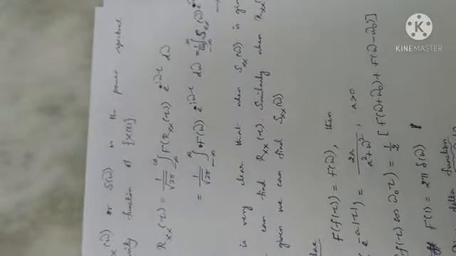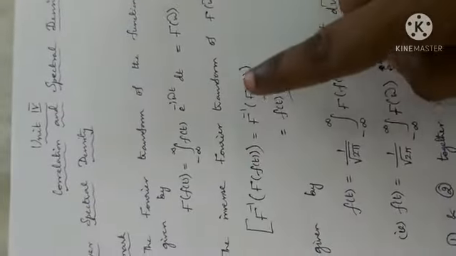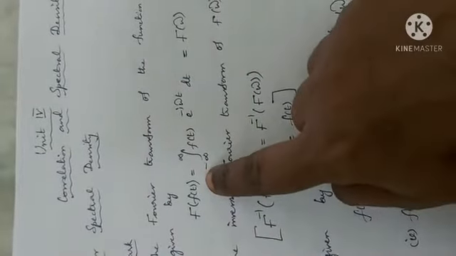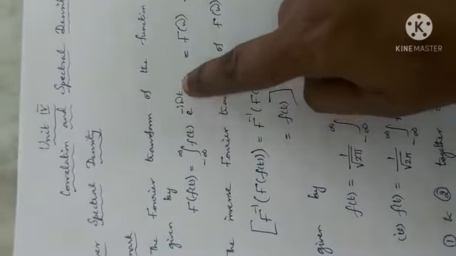Okay. Listen here, I want to recall once, if you understand this, the rest will be easy. Okay. So what is the Fourier transform of the function? Integral minus infinity to plus infinity f of t e power minus i omega t dt.